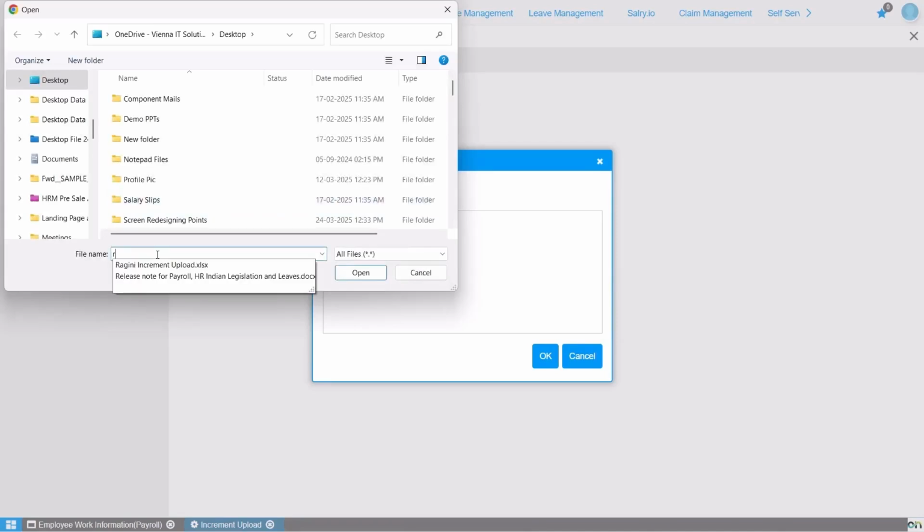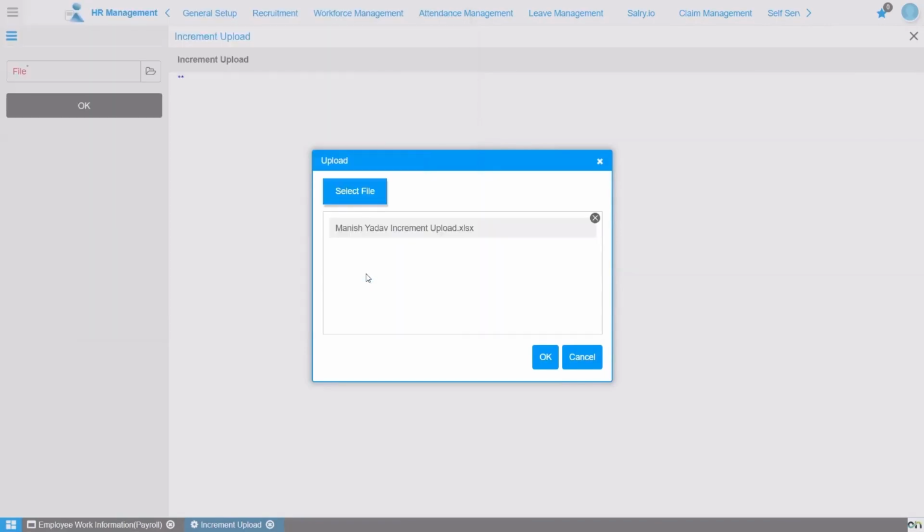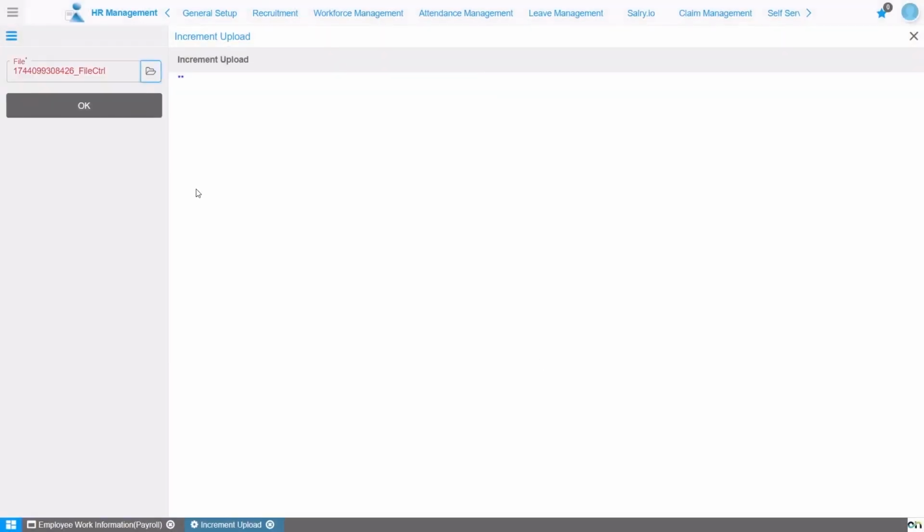I will select the details for the employee with this particular name and open this file. So here the Excel file is picked from the system and is ready. I will click OK and start with the process to upload the increment data. So when I click on OK, here you can see the message Excel uploaded successfully, please check the increment batch